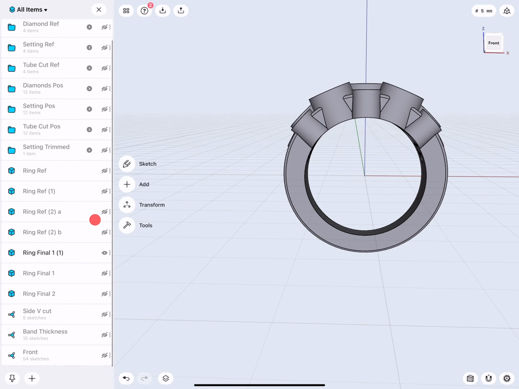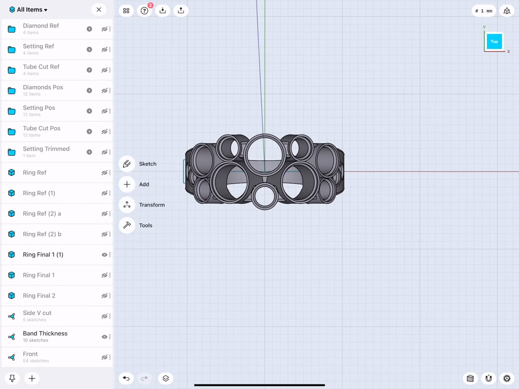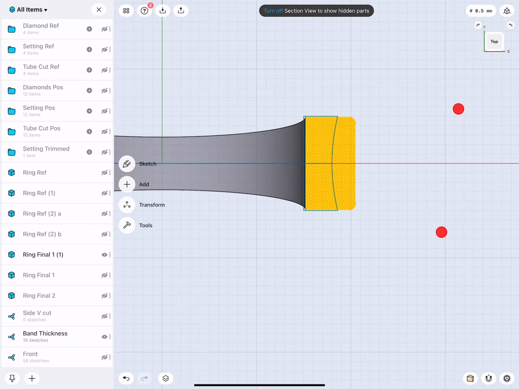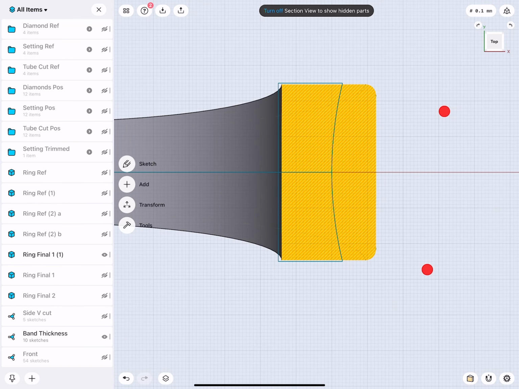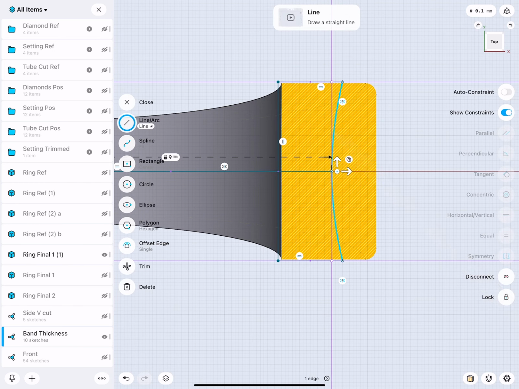And I have down here ring band. So let's go to the top view, turn on cut section view, and there you can see I have a shape. This is a 3-point spline.